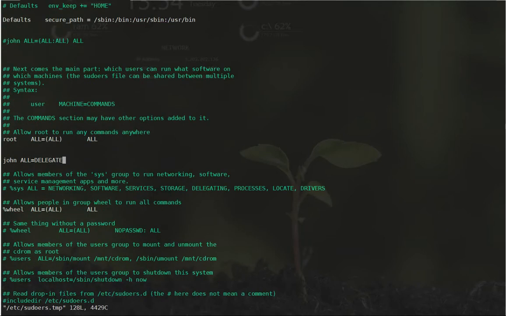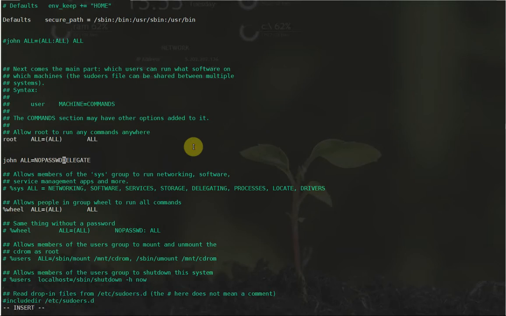If we want John not to enter his password while he wants to use sudo, we just use NOPASSWD,